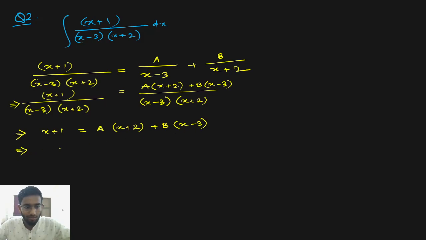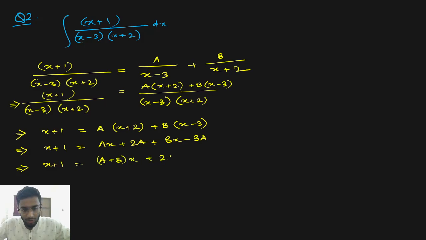So after calculating, we are getting x plus 1 is actually equal to Ax plus 2A, here it is Bx minus 3B. Just simple, we are getting x plus 1 is equal to, if we take together all the terms containing x, it will be A plus B into x, and here 2A minus 3B. Now since it is an identity,